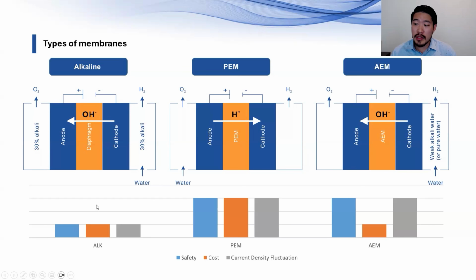And in terms of cost, it's been around for a while, so the cost of alkaline membranes is not that expensive. But one downside about it too is it needs constant power to run properly. Any fluctuations in power cause us not to generate hydrogen as well as it needs to, compared to the other two.